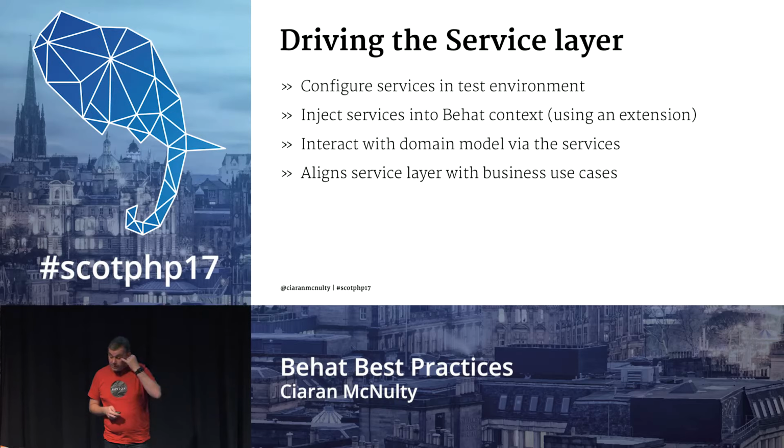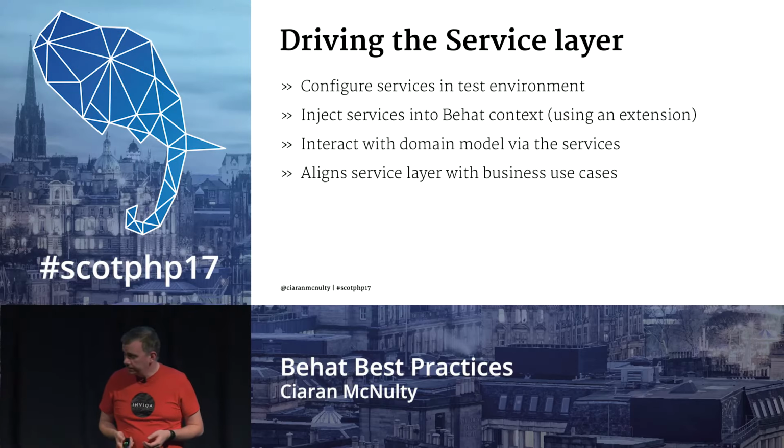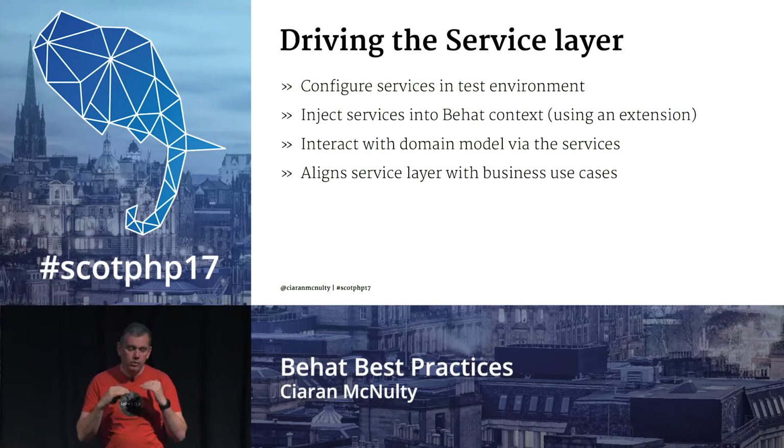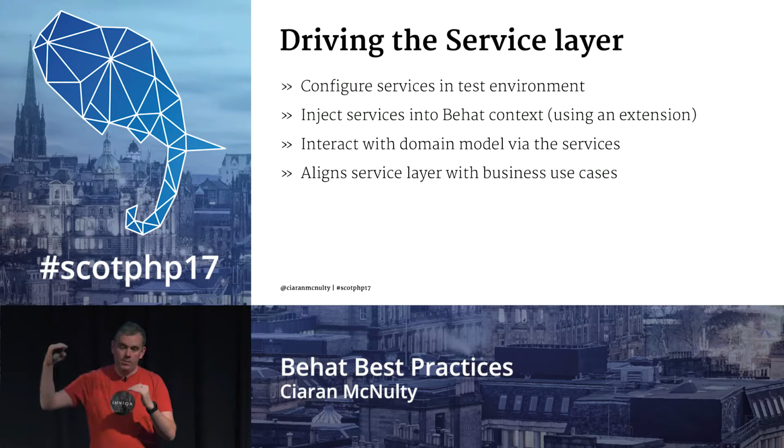So to drive a service layer, we need to configure services, application services that are able to do business actions. I need to inject them into the Behat context object. And instead of driving the domain model, I'm going to go up a layer. I'm going to just call methods on the service layer that then do stuff in the domain model. What's this going to achieve? It's going to help me build this layer for a start. It's also going to make sure that the services have methods that correspond with the steps in the scenarios,